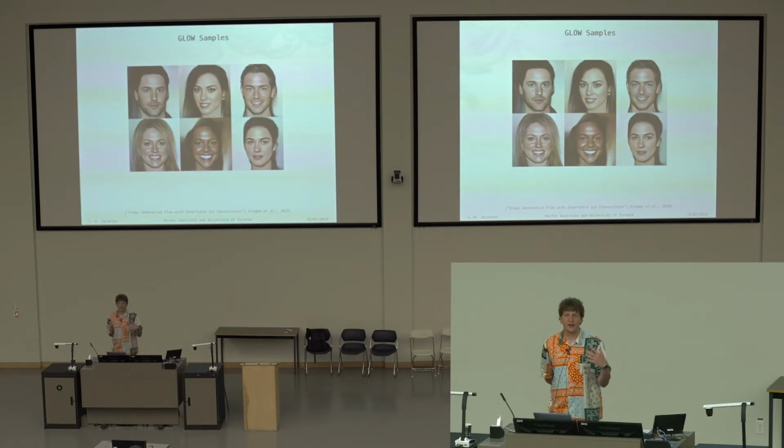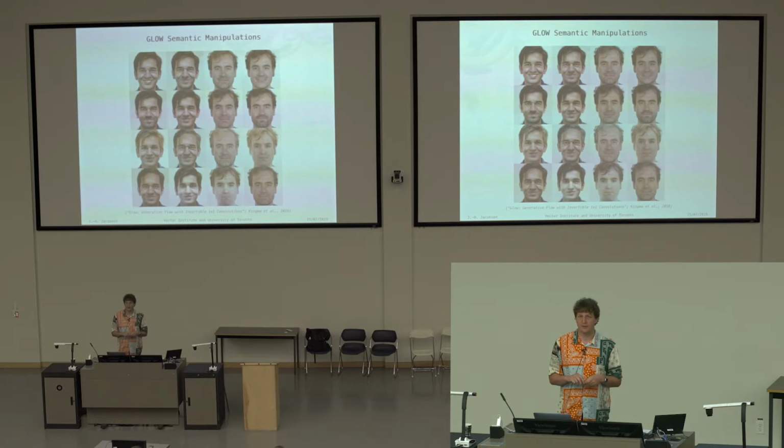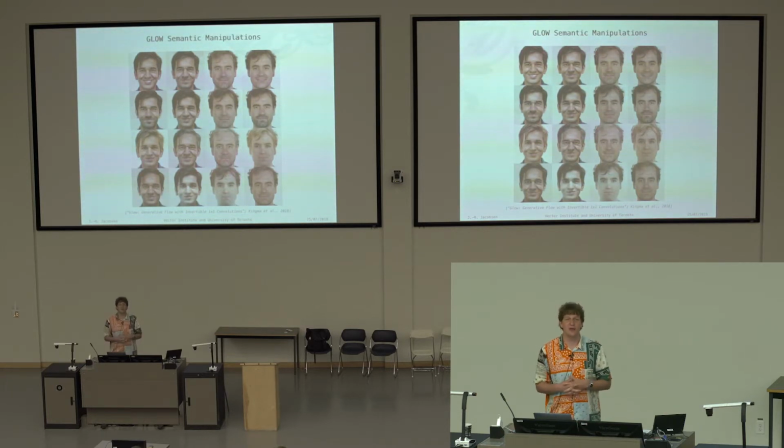You can see they scaled this up to huge images, so they generated, again, celebrity faces in high quality by training these models on a lot of GPUs. What you can also do is encode images. On the top left and on the bottom right are the two researchers that wrote the GLOW paper, and they can encode their own faces into the model. Even though they have never been seen in the training set, the model generalizes to those data points, and you can interpolate in semantic dimensions that you get from the attributes in the CelebA data set. Then you can manipulate, make the faces older, younger, and whatnot, and interpolate between the two personalities.